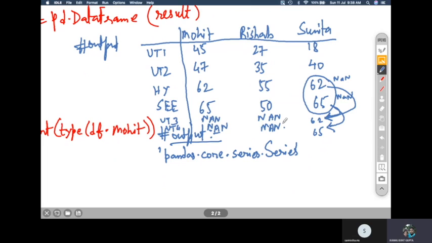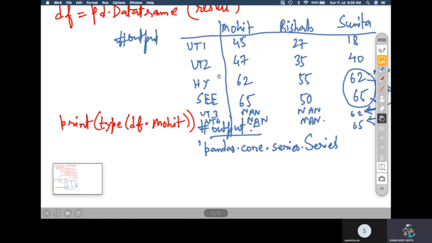Now, this is all about creating data frames using different techniques, that is, list of arrays, then a list of series, then dictionary of lists, then lists of dictionaries, then dictionaries of series, and then we have this last one. It is very important to understand in how many different ways you can create a data frame using other data structures of Python. Okay, so that's all about creating the data frame.